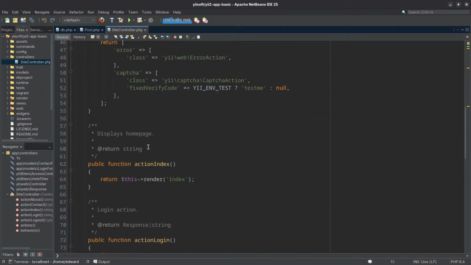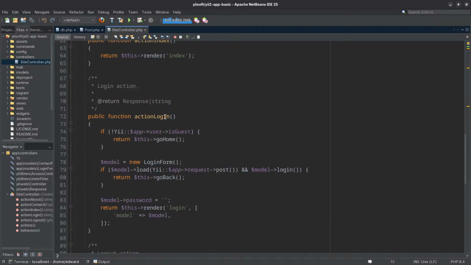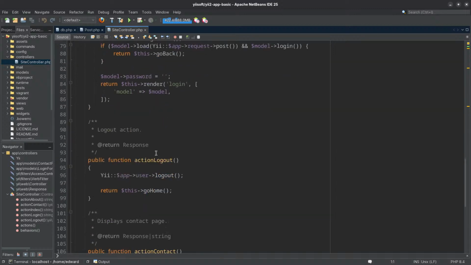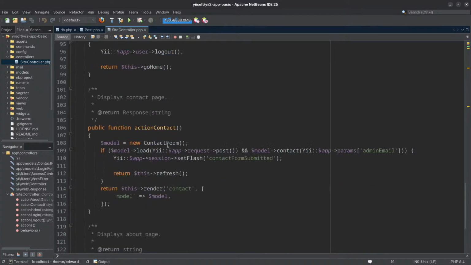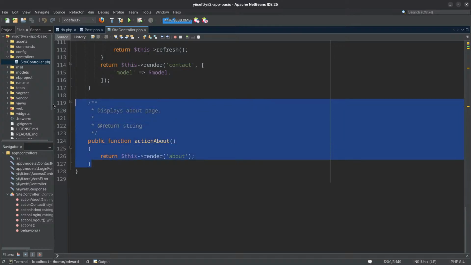Obviously, those are for the forms. There's action index, which is obviously for the home page. And then the login, this is for the login page. And obviously, you have a logout, and you have a contact page, and then you have about. So can you guess what we're going to do? We're going to copy and create our own. So what I'll do here is I'll duplicate this,